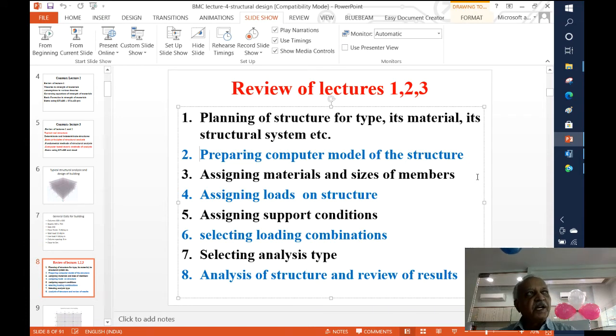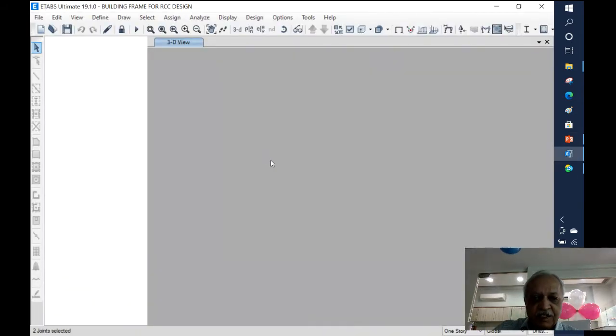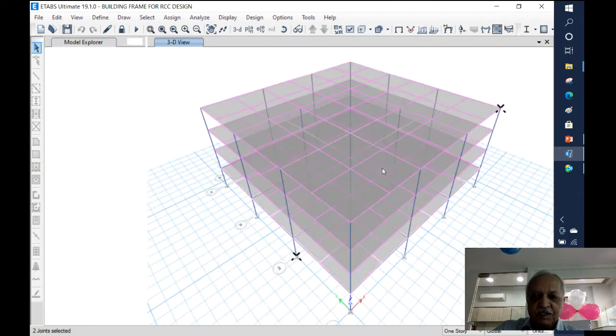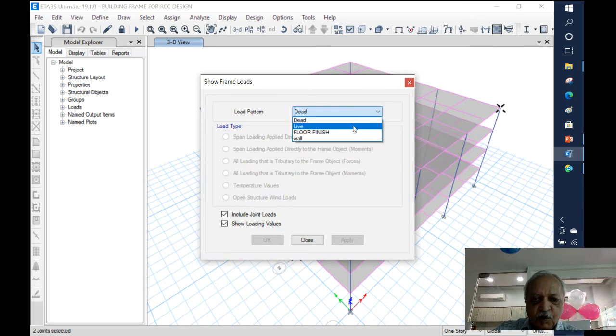If later on you find that this size cannot take this force, or it is too large a size, then you can revise your process, revise the model and reanalyze it, and so on. Once you do that initial sizing of the different members, then you have to assign the loads to the structure. As you have seen for this particular model, in this particular case, you are applying some wall load.